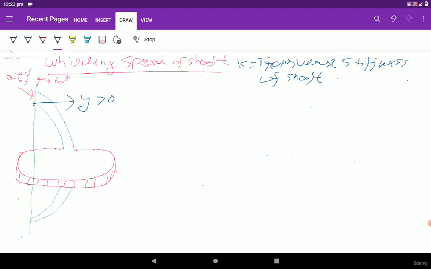And due to this, this is the S point, and this is the G point, and the distance between them is the eccentricity, that is e, and from this point to this point there is some displacement, that is y. This is the O point lying on the axis of rotation. The force acting on the center of mass, that is on G point, is m times y plus e times omega square, and the counter force acting is ky, the counterbalancing force. So at equilibrium position,